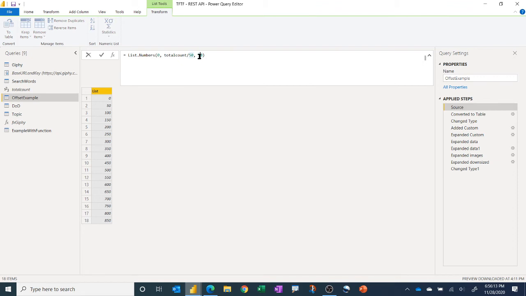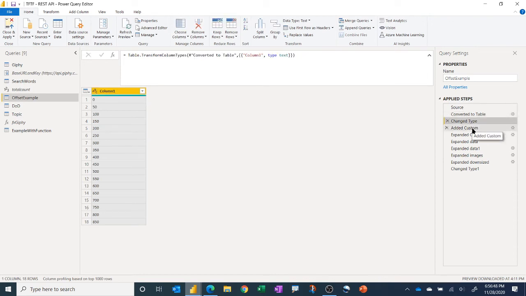And then the third parameter of List.Numbers is how big a step to take between them. So make a list of numbers starting at 0, give me this many numbers in the list, and separate them by 50. And so if you had a web call that did 1,000, you could put 1,000 there. But in general, you can calculate how many calls to make. So this makes a list of numbers separated by 50. Remember, we had 881. So if I start at 850 and add 50, I'm going to more than cover that. And so therefore, I'm going to get all my data, right? So then we convert that to a table,